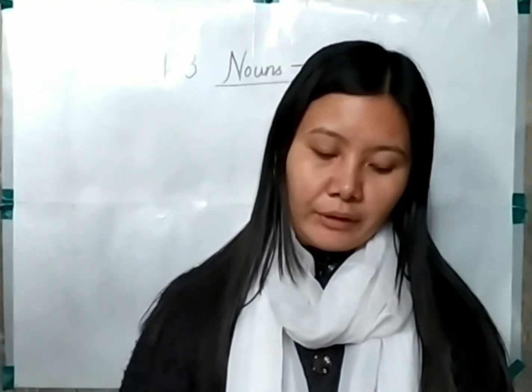Children, today we are going to discuss chapter 3 of your English grammar book, that is, nouns: number. In the previous videos we have already discussed chapter 1 and chapter 2. In chapter 1 we read about sentences, and in chapter 2 we dealt with nouns, where we came to know what nouns are, and along with that we also dealt with its types.